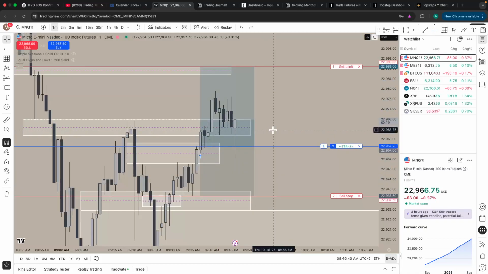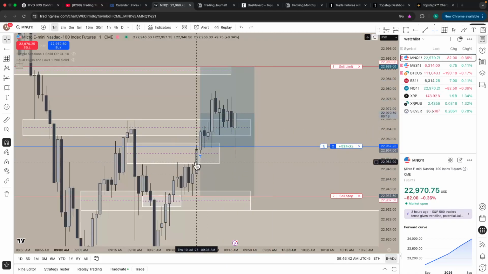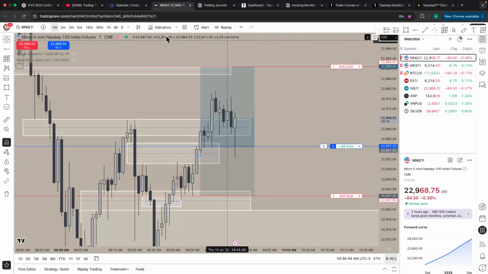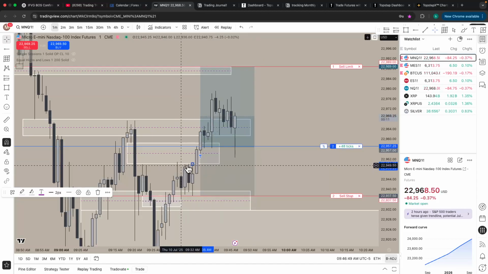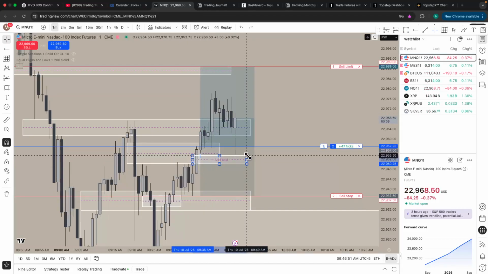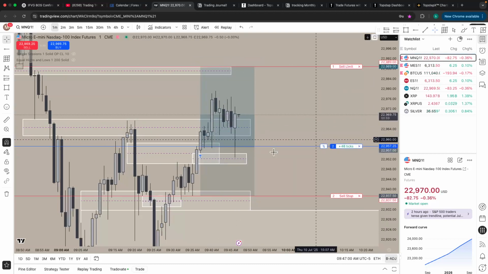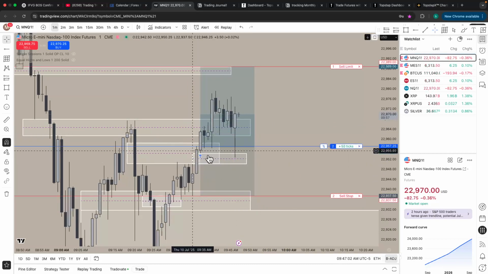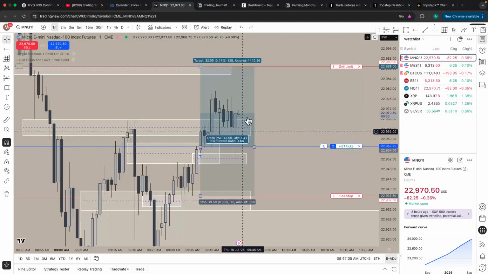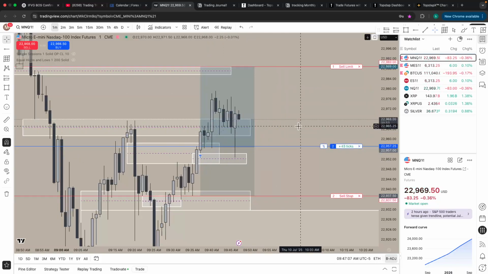But wow, that is some really strong rejection off of that gap. I literally was going to say, I think we come into this gap right here, and I can mark that out. This is a 1 minute gap, so it doesn't hold much power, but it does at the same time. It could be coming down to push into here, inverse it, and then probably go for my stops, or tap into it and fill orders here to then give us a reason to move higher because orders were filled. This was imbalanced price action that we just went and filled. Now look where we are now. But it could come right back down to it. We'll see.